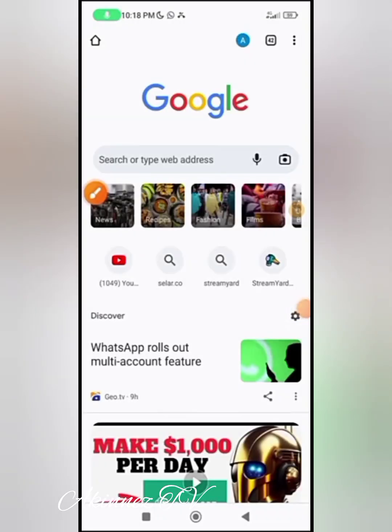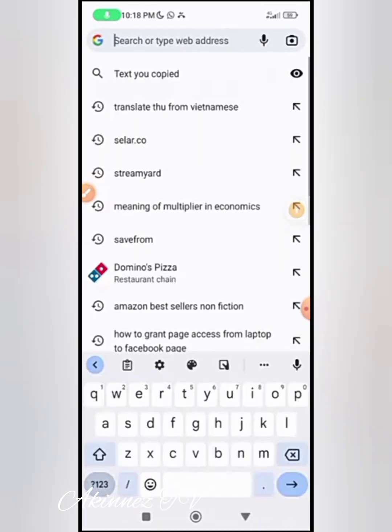Now, if you are using a smartphone, I'm also using a smartphone here, go to your browser. I will advise us to use either Kiwi browser or DuckDuckGo browser. Just go to your Play Store and download either Kiwi browser or DuckDuckGo. I will advise us to do that. But on my phone here, I will be using my Google here. So what you are going to do here, move to your browser, then you click on the web address